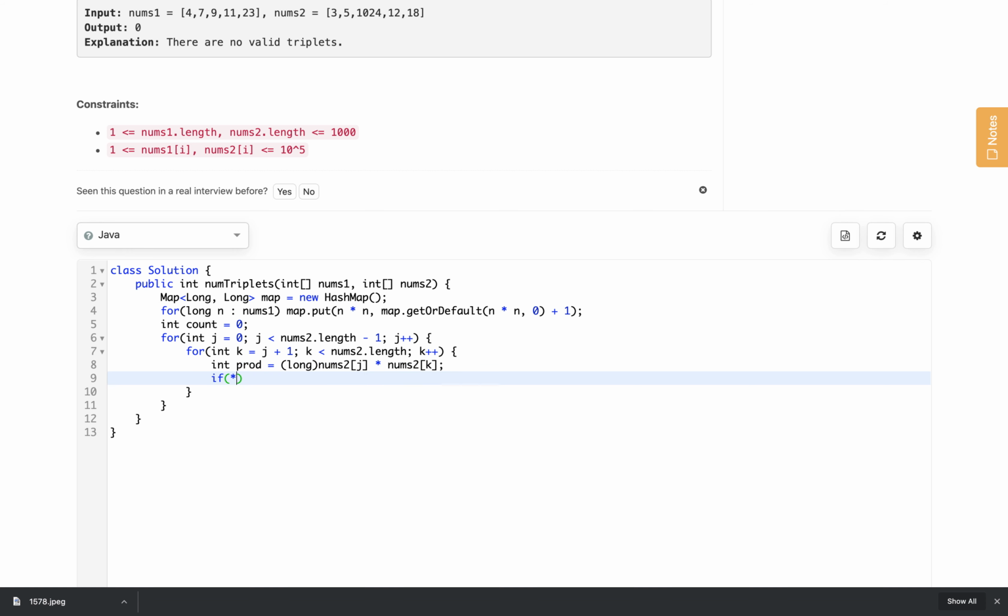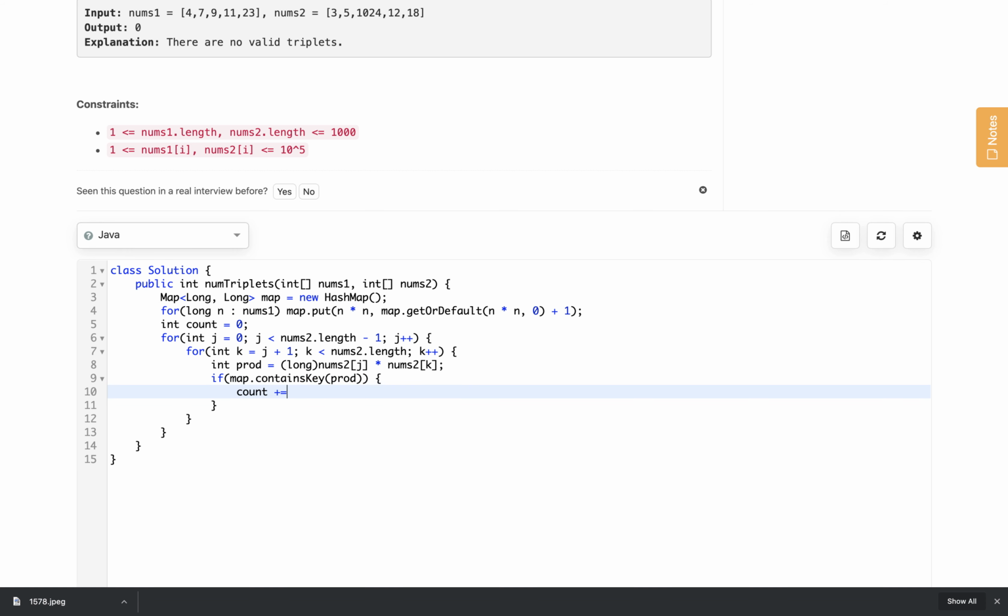Now we will check if map.containsKey for product, then we will take the value and add it into the count, from map.get of the product, the value associated to the product key. So, we will add it into the count. This way we will get the number of ways from type 1 first.